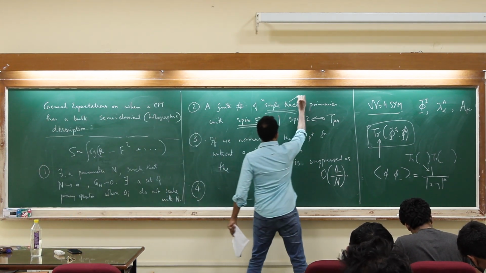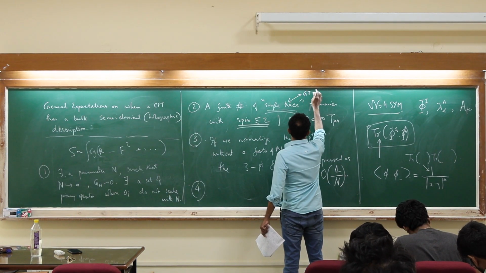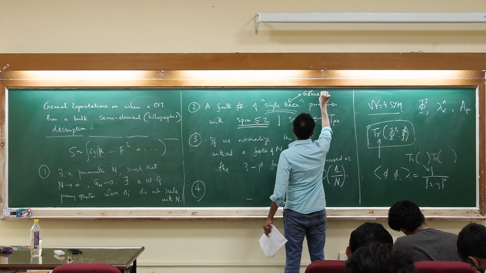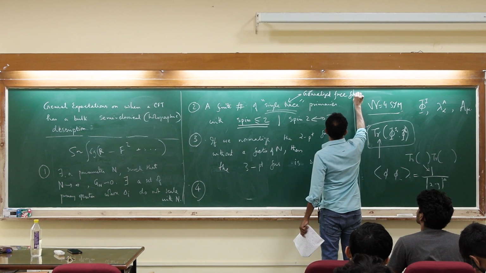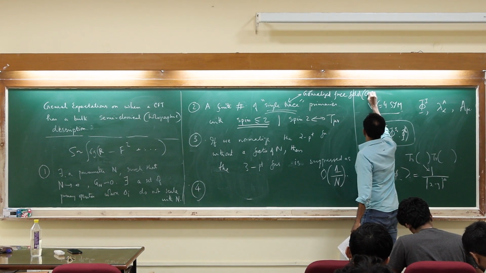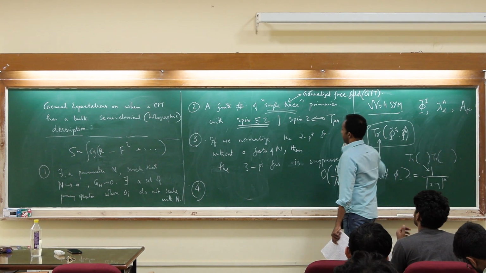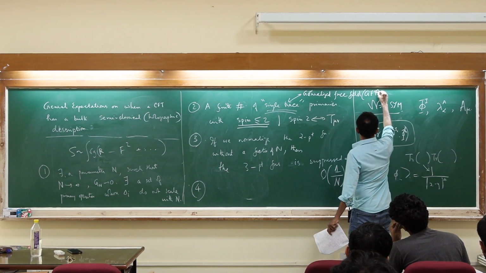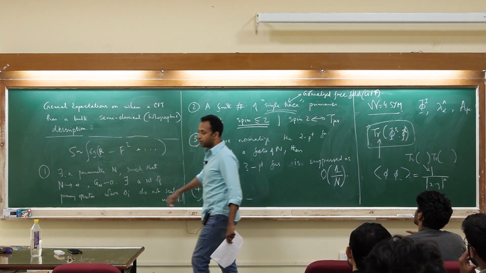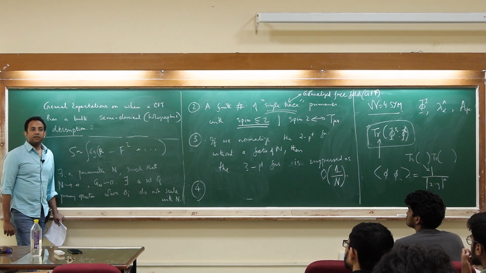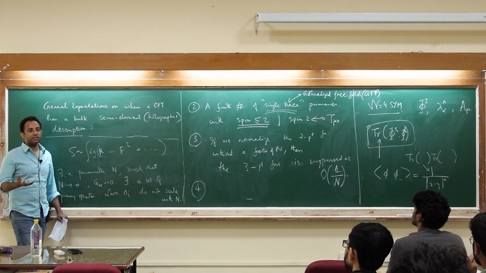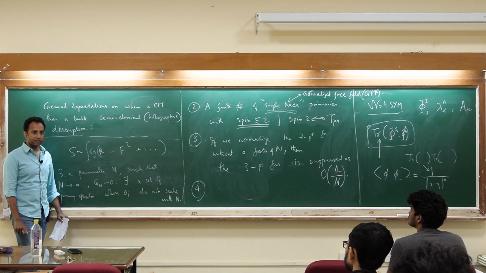Another phrase for it, which is maybe more generally applicable, is generalized free field. So these both words mean the same thing in a general conformal field theory. Generalized free field. In a general large N conformal field theory, a conformal field theory which admits a parameter N which can be taken to be large, the word single trace essentially means the same thing as generalized free field.